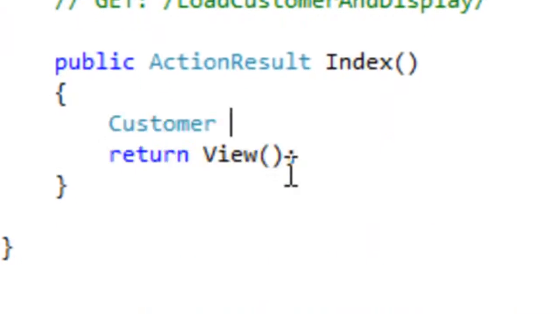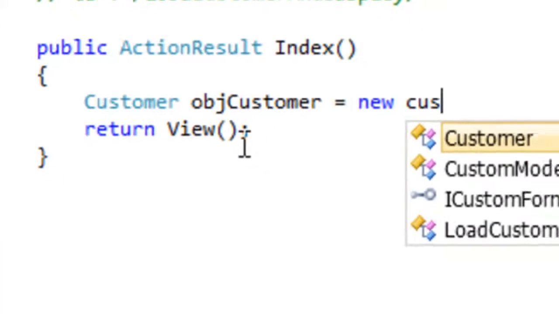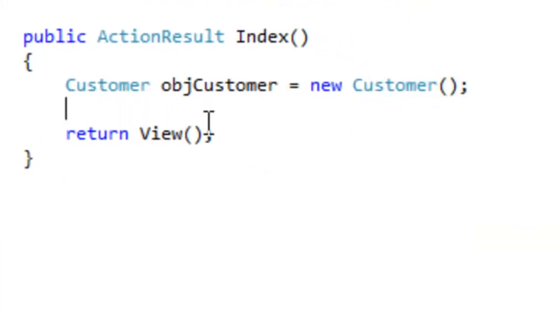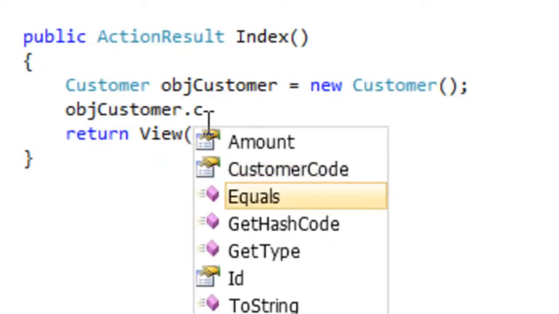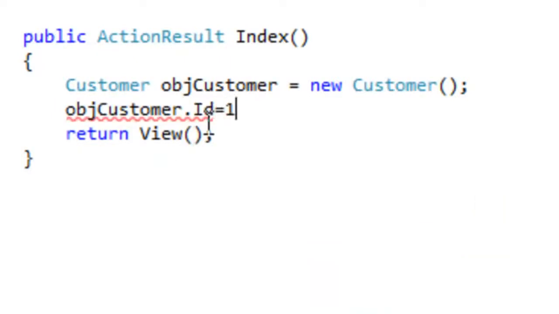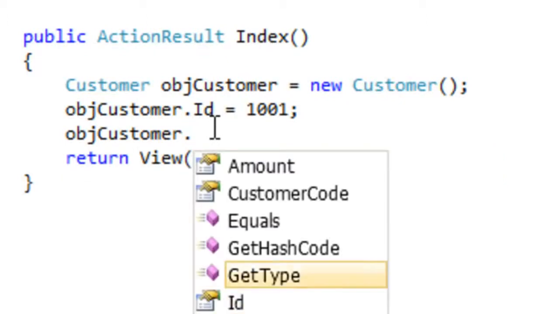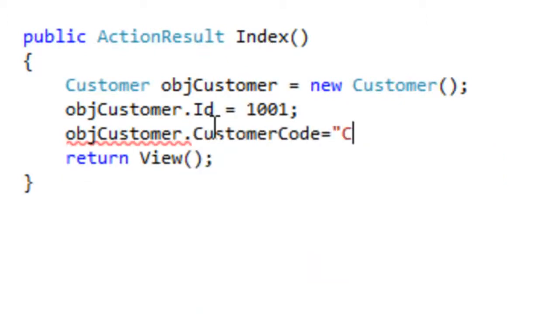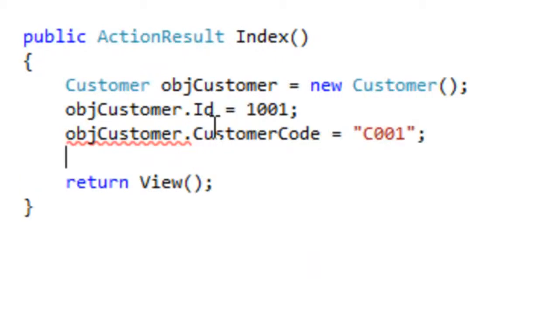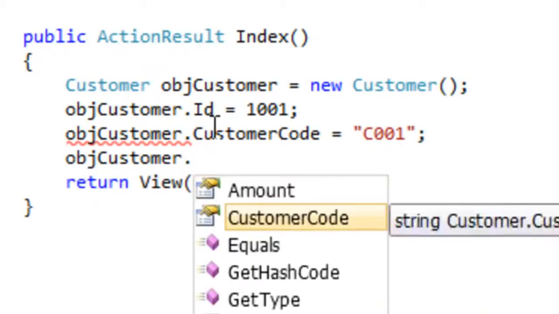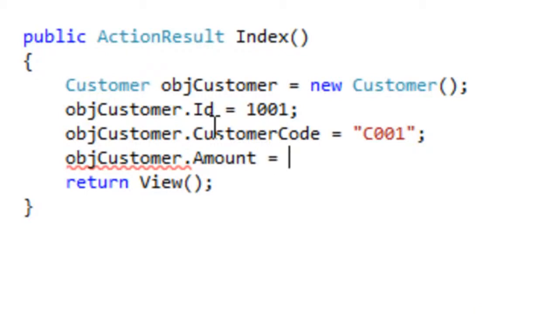So objCustomer is equal to new Customer, and let's flourish it with some data. objCustomer.ID is equal to 1001. objCustomer.CustomerCode is equal to C001, and objCustomer.Amount is equal to, I'll just give 900.78.